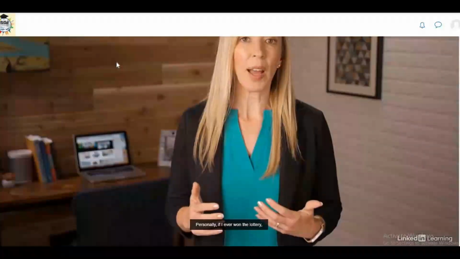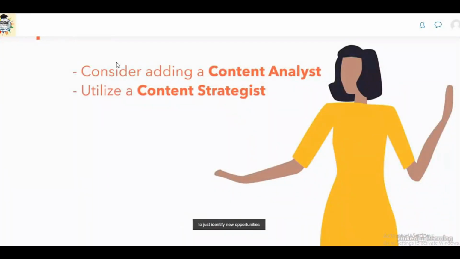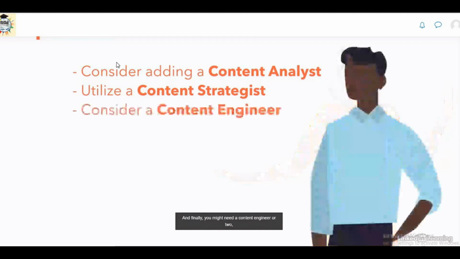Personally, if I ever won the lottery, I wouldn't hire a cook or a butler. I'd hire a content analyst to help me get constant insight about content. Also consider hiring a content strategist to identify new opportunities and to use content in savvy ways. For example, a content strategist helped the Weather Channel identify new ways to engage their audience. And finally, you might need a content engineer or two to architect rules and define taxonomy for things like personalization